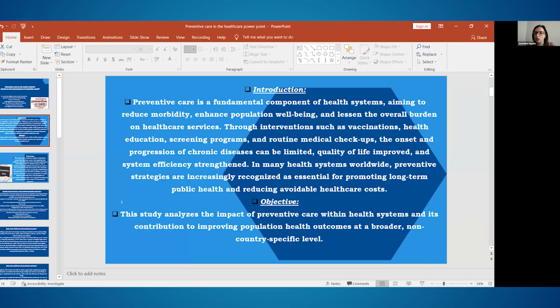By preventing and checking up on chronic diseases, they can be limited, quality of life improved, and system efficiency strengthened. In many health systems worldwide, preventive strategies are increasingly recognized as essential for promoting long-term public health and reducing healthcare costs. The objective of this study is to analyze the impact of preventive care within the health system's contribution to improving population health outcomes at